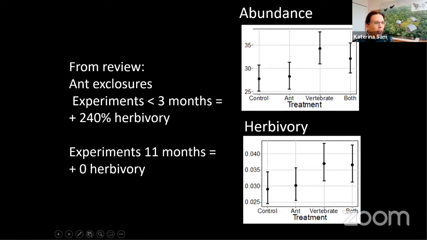Then while we were trying to explain why we didn't detect any effect of the ant removal on the herbivory, we returned back to the reviews, and we found out that all the exclosures where people tried to remove the ants were very short. Most of the experiments were shorter than 3 months, and these very short experiments resulted in a significant increase of the herbivory, while all the experiments which were a bit longer didn't result in any change. And because our experiments were 6 and 12 months long, we simply think we observed